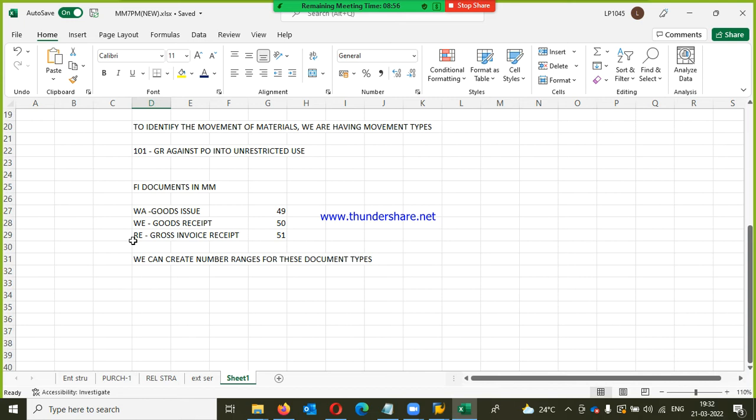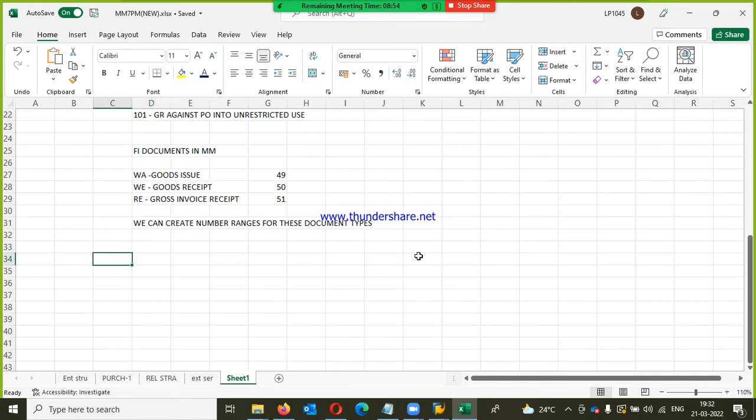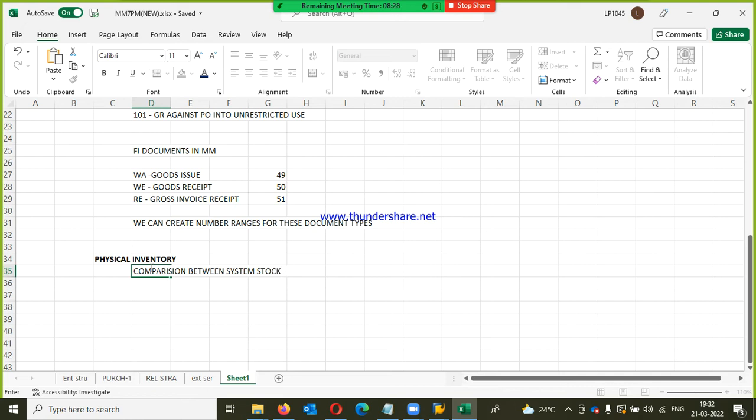Okay, then what is the physical inventory? Physical inventory means it's a comparison between system stock and physical stock. So we need to maintain the comparison, because